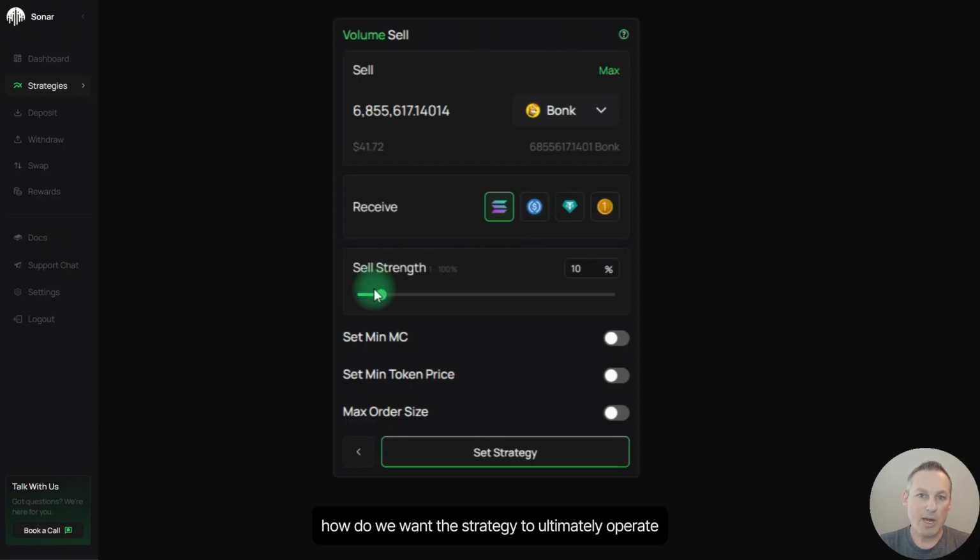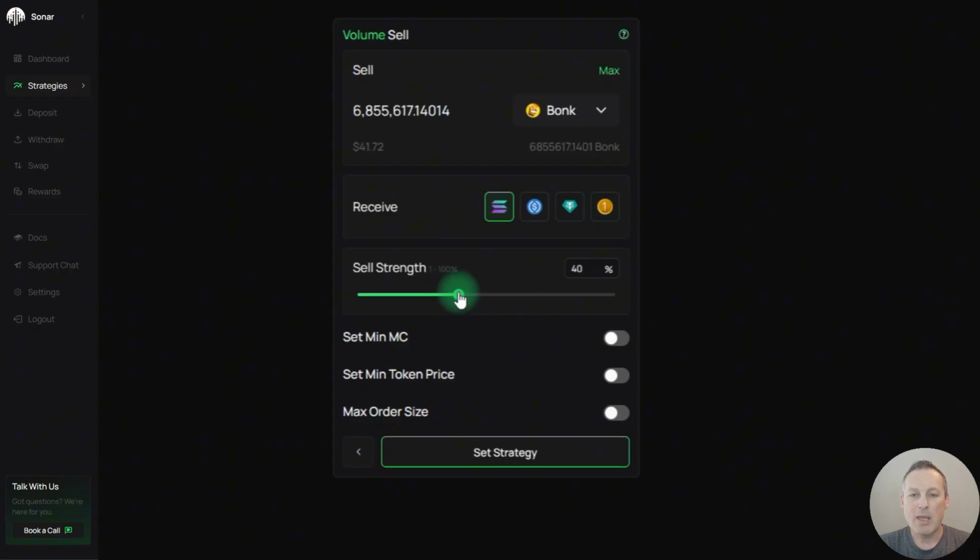How do we want the strategy to ultimately operate? This starts with our sell strength. So let's set our sell strength to, we'll say 40%. Now, what does that mean? So when you run a volume strategy, Sonar is going to execute, in this case, selling into all incoming buy